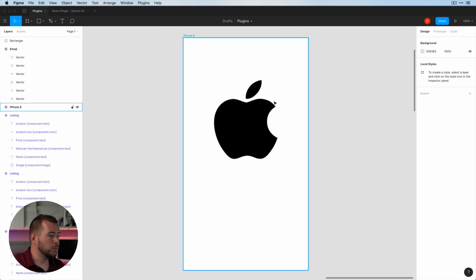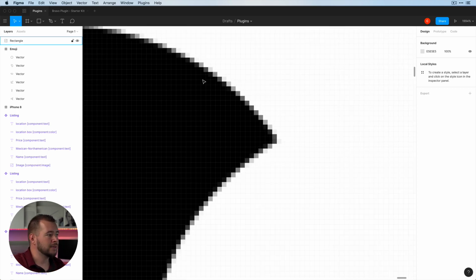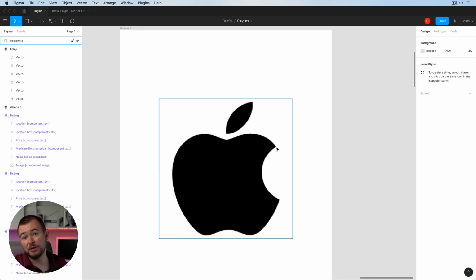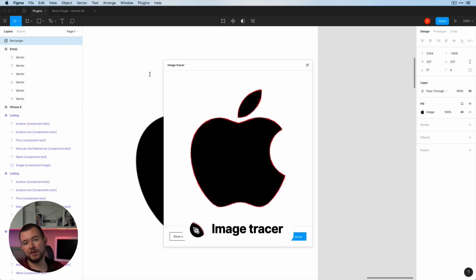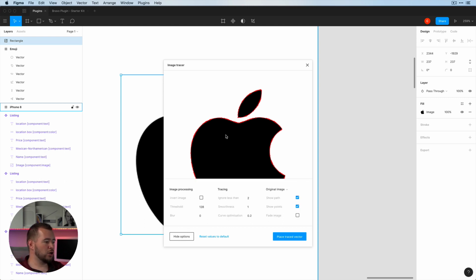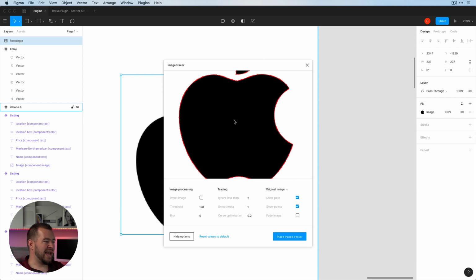Now, when we do this, we can zoom in, and we notice that this is an image. It's really blurry when you zoom in, so it's not vectorized, which brings me to my next plugin. This is really exciting, and it's called Image Tracer. Just as the name suggests, it creates a vector line tracing this image, and does really good with this logo. Let's click on Show Options here,